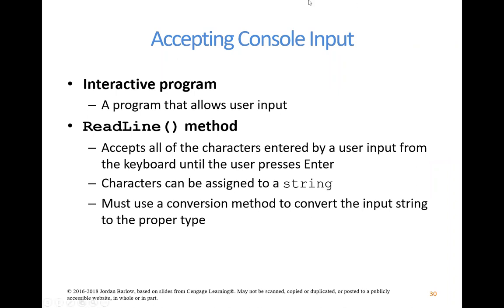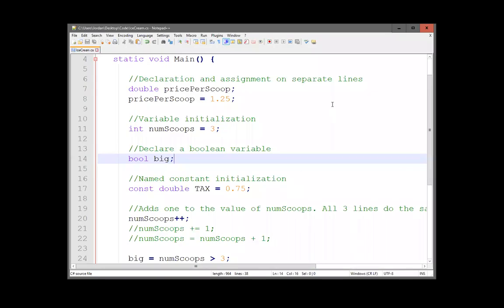So let's open up our ice cream application code. All right. So if you recall, we had declared a bunch of different variables here. We have a double to represent the price per scoop. We have an integer for the number of scoops. We have a Boolean, which is whether it's a big bowl of ice cream or not. And we have a constant double, which is a tax. Let's go ahead and